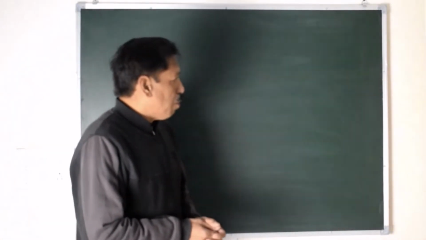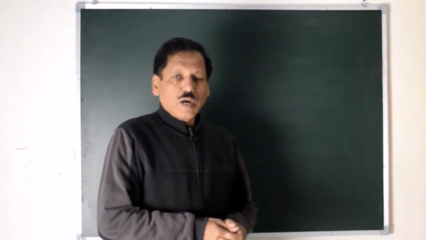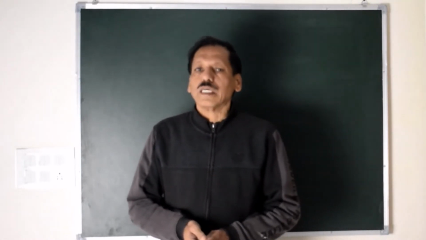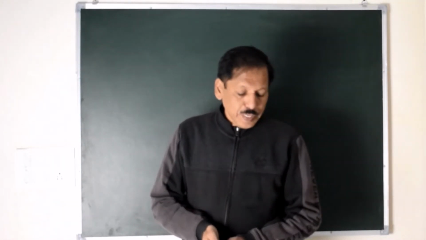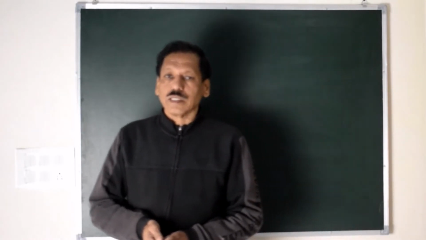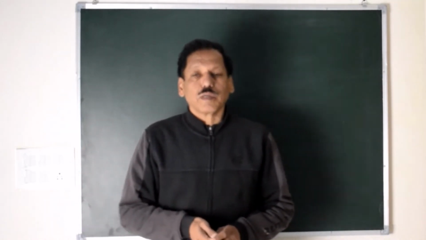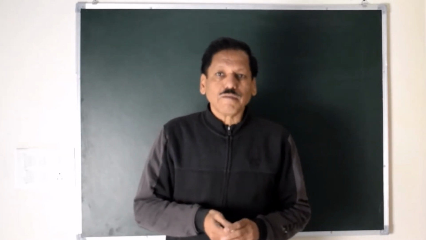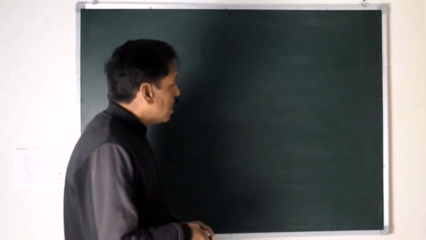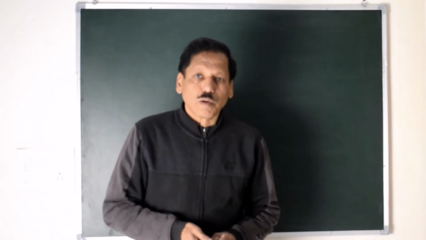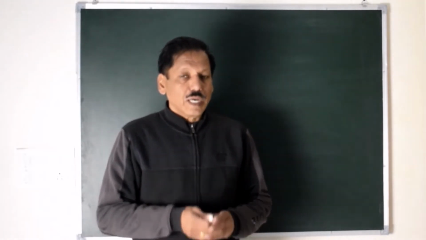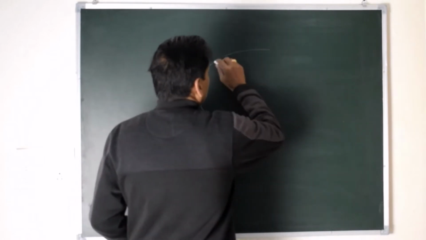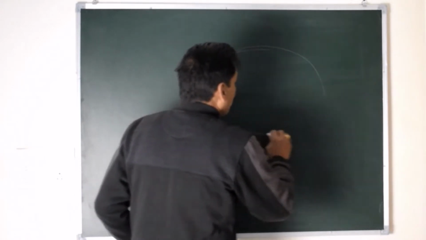Kepler's first law of planetary motion states that all the planets revolve around the Sun in elliptical orbits, with the Sun located at one of the foci of that particular elliptical orbit. So, considering the Earth itself, Earth goes around the Sun in an elliptical orbit with the Sun located at one of the foci, which means that if this is the ellipse,